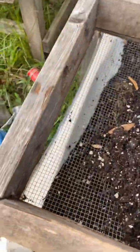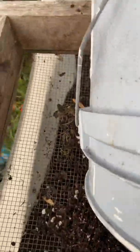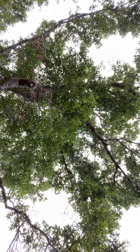And I have another bucket over here that I'll just toss the roots into as I'm doing this. So it's kind of like, okay. So then I'll reach up in there. I don't know how well you can see, but I'll reach up in there and just kind of like scrape, scrape, scrape, scrape, and dig some dirt out. Make it less heavy. And I can't shake it with the bucket in it. Okay, and then I'll bring the bucket back down here. And then we'll go shake, shake, shake again